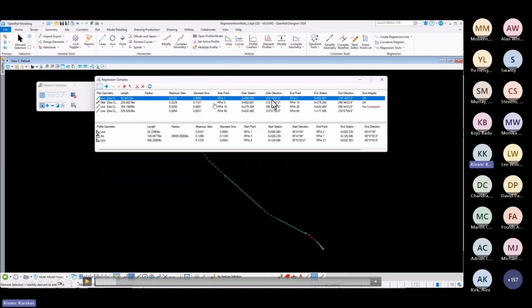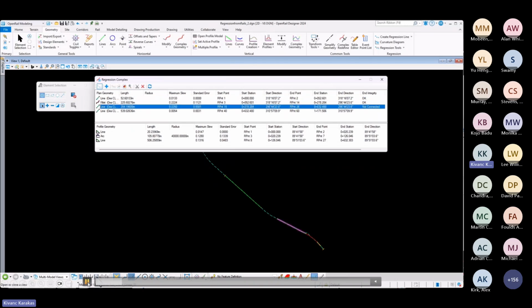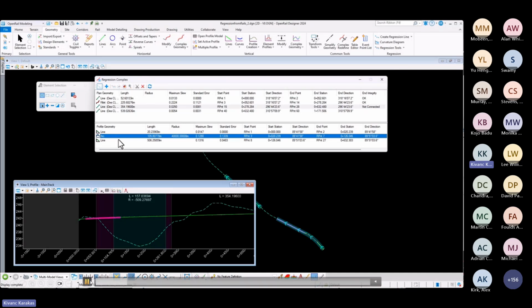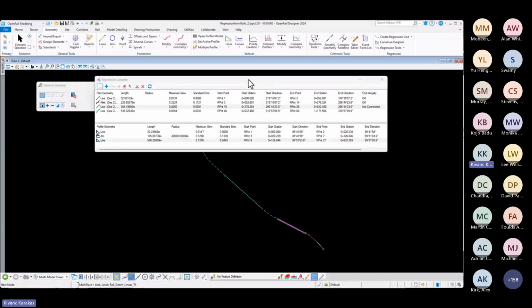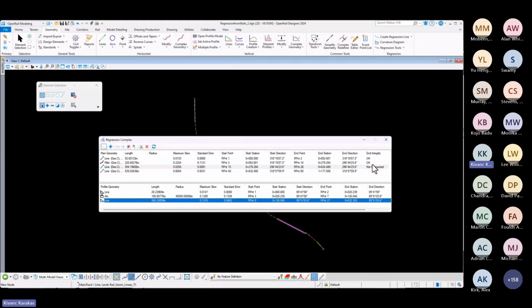As you can see at the top, it displays your horizontal geometry elements, and at the bottom, it displays the vertical geometry elements. And it also displays the integrity status of these elements. You can see here the first element has okay integrity, but the third element is not connected, as you can also see in the plan view below. And the tool itself is not only for displaying this information, but it's also for doing work. So what you can do here is